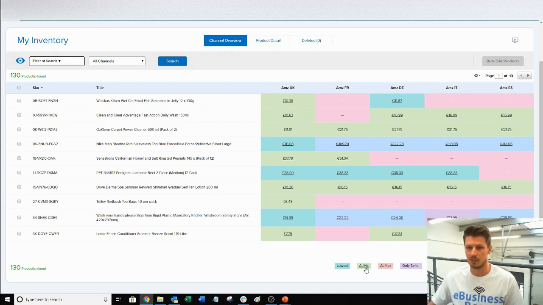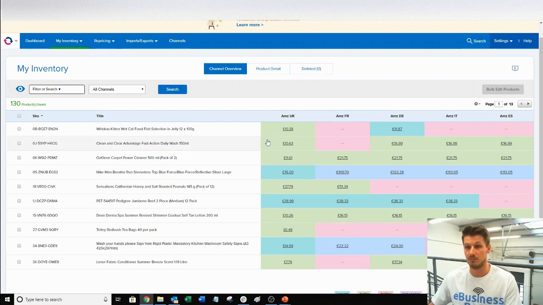So for example, anything in green, you know that is priced at your minimum price that you've set. I could talk through all of these, but just as an example, these green ones here mean that product is being priced at the minimum that you've set. This is really handy to see, just to give you a snapshot overview of how your products are performing and how they're being priced. Again, like I said, you can use the filters to look at different types of products, but this is all the products and the different channels.